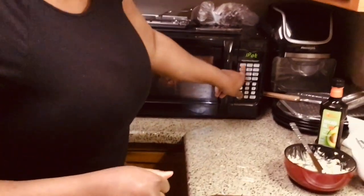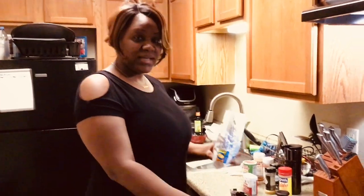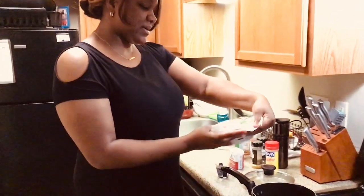I'm pressing potato. I have 4, so I pressed it 4 times so that it can cook 4 potatoes. And there we have our baked potatoes. So next, in addition to the lobster tails and the baked potatoes, I will also be preparing